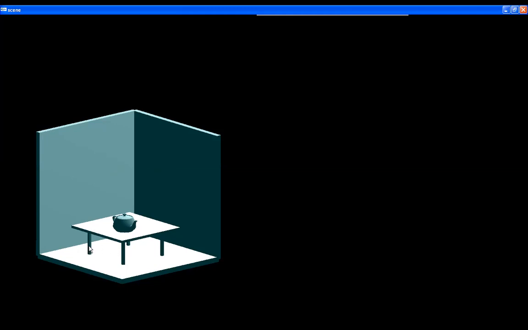The table is going to have 4 legs. So totally I need to design these objects, and I need to place a teapot in a certain position on the table. So this is what I need to do in this lab program.